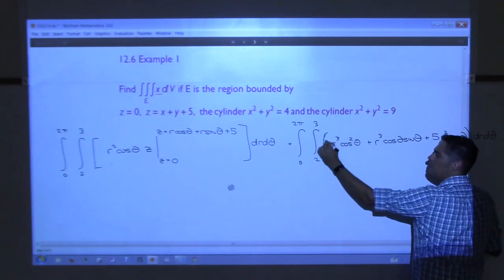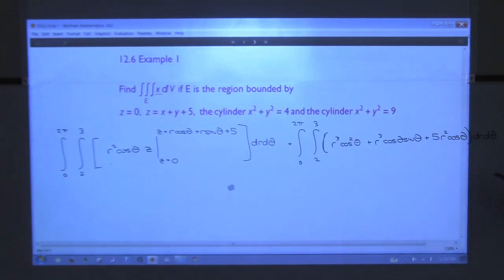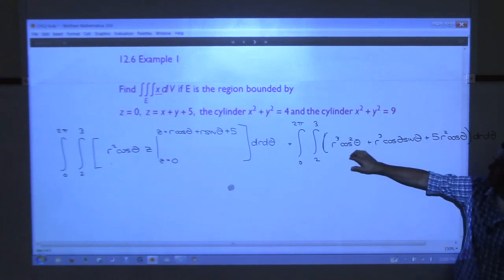Y'all see what I've done here? It's all right? Oh, man. So when I integrate this with respect to r, it's not going to be that bad, right? Because, you know, these things with